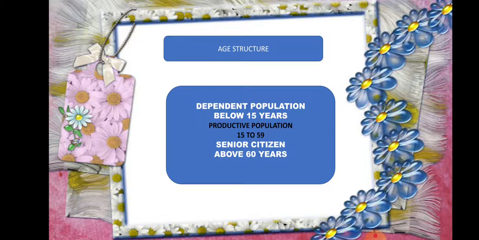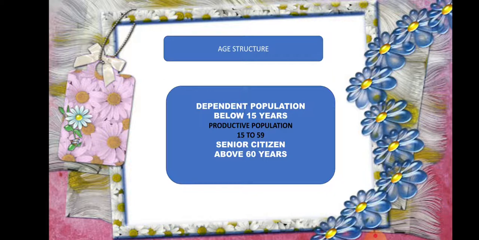The dependent population falls into two divisions. The people below 15 years of age are totally dependent on the productive population, isn't it? They are the kids, so obviously the children are dependent on their parents. The other category is above 60 years. They fall in the dependent category, but their knowledge and experience make them a valuable asset to the whole society. Obviously these old people are also dependent on the productive group, that is, on their children